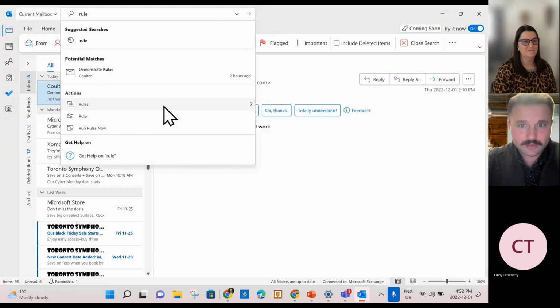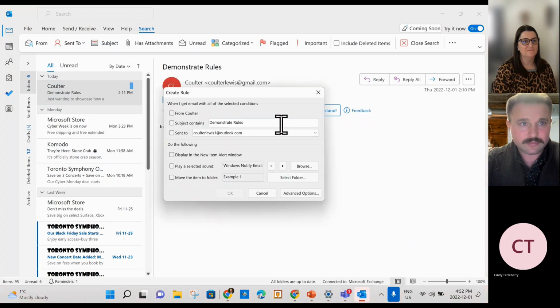Rules. Create a rule. There we go. Okay, I don't know why it didn't pop up the first time. Okay, so what I want to do when I create a rule is I can select different things and different where I want it to go. So when I get an email with the selected condition, I have to add a condition. So this one says demonstrate rules because that's what I have here. So whenever something says demonstrate rules, or maybe I just want it to say rules,